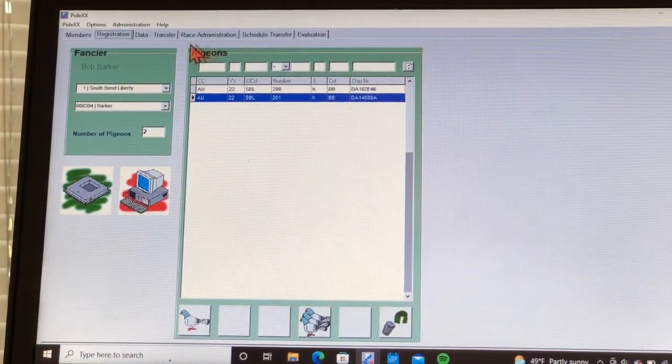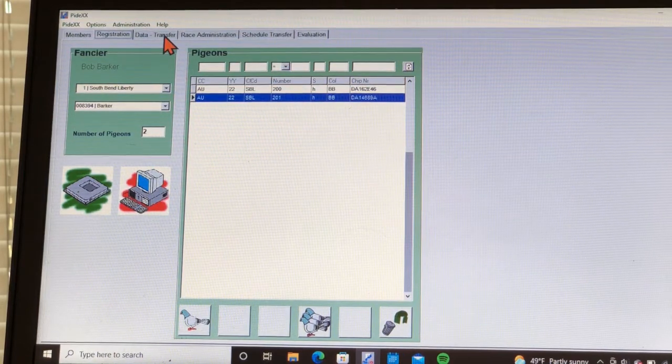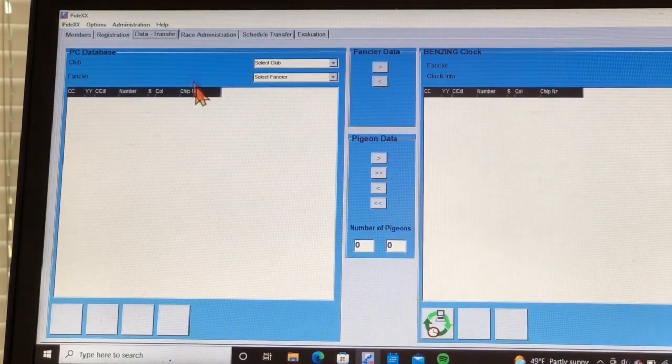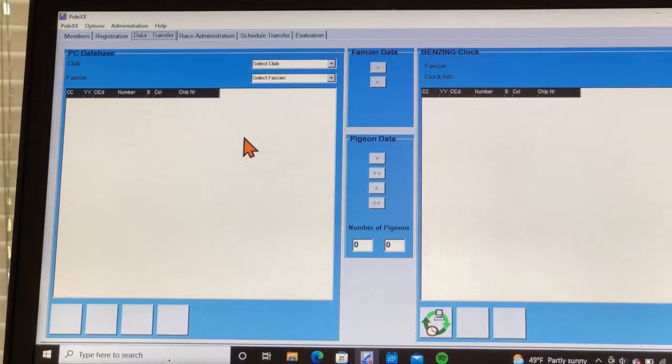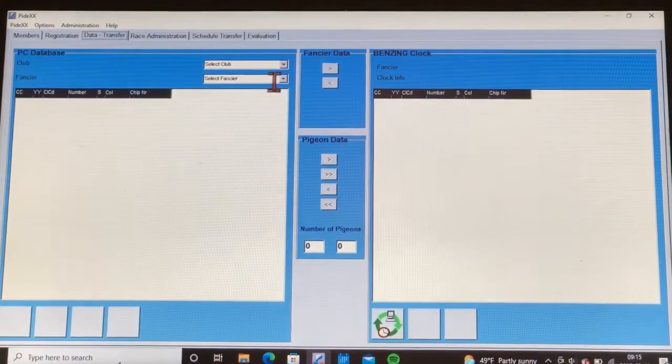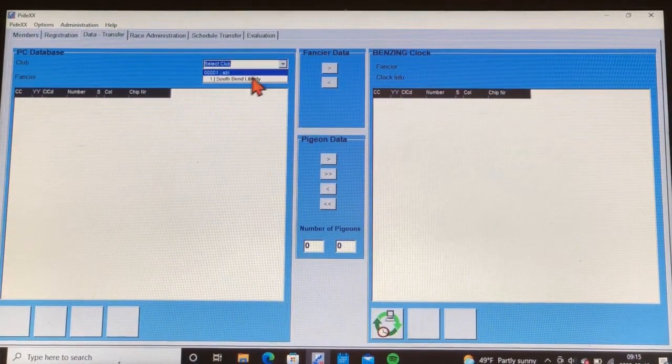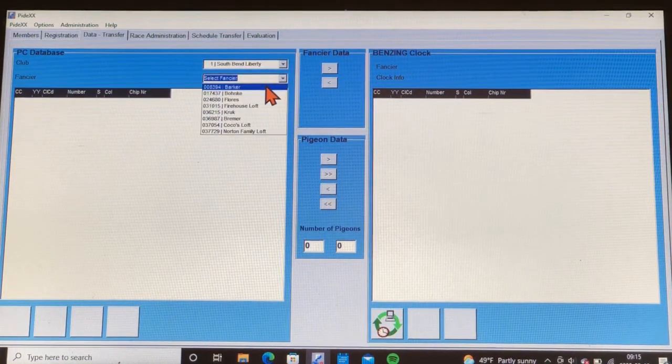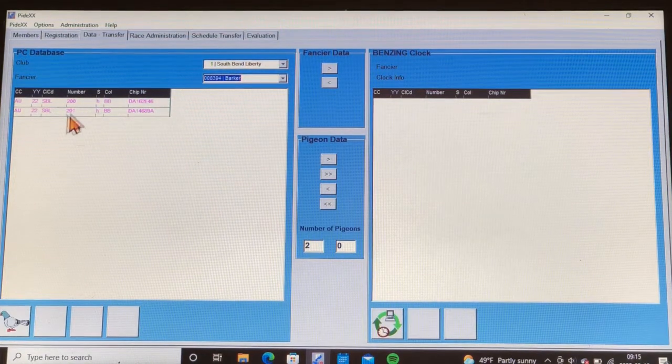Okay, our next step is to get this information into the clock. I'm going to go up here to data transfer, and we are going to select our club, which is number 1, South Bend Liberty. Select the fancier from our drop down, Barker, and it shows what is in the computer here. We need to get it over to this side. And to do that,